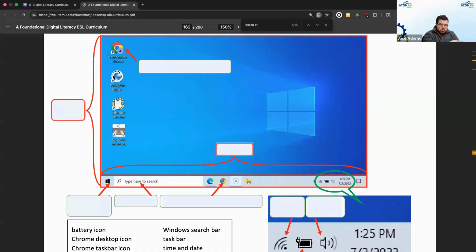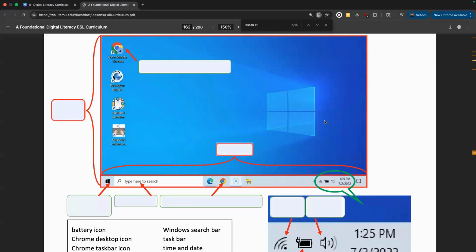To go back to the hope of something more hands-on, are you looking more for application-based? Or are you looking at, let's say, this here, but you wanted it to be interactive, where they would go and click here and put in what it is, or that kind of thing? Yeah, I would probably have to say application-based, because for our students, the majority of them don't have computers at home, so being able to have an app on their phone and still work on the activities and labeling and stuff if I wanted to give it to them as an assignment.